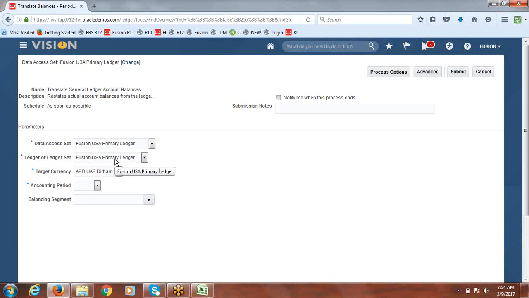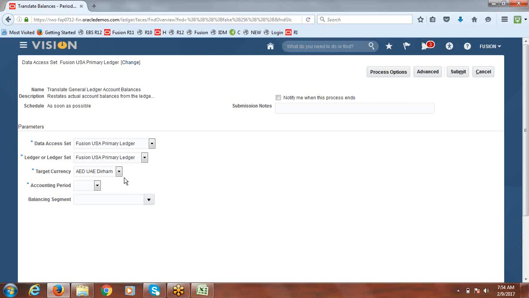within this ledger we selected AED as a reporting currency at the level of balances. That is the reason the same name system is defaulting here. AED currency it is defaulting because in the reporting currency, when we were creating, we selected balances that is related to translation.